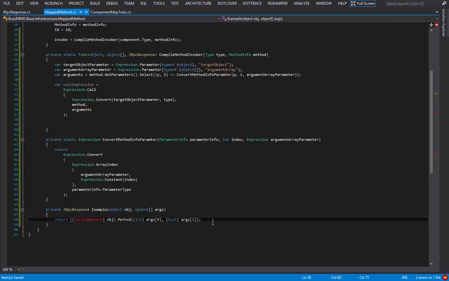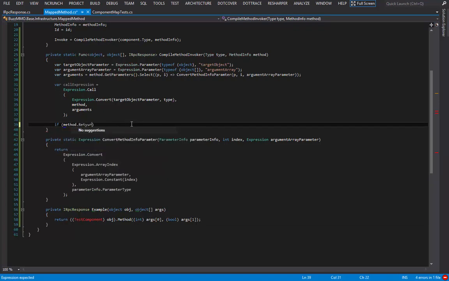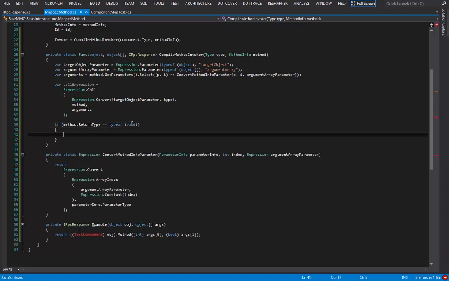Well, the only solution that I can come up with in .NET 3.5 is to wrap it in a different lambda. So I'm basically compiling a lambda and then wrapping it in another lambda that will give me the extra block that I need in order to invoke this. So what I'm going to do is say if method.ReturnType equals typeof(void), then I'm going to say var voidLambda